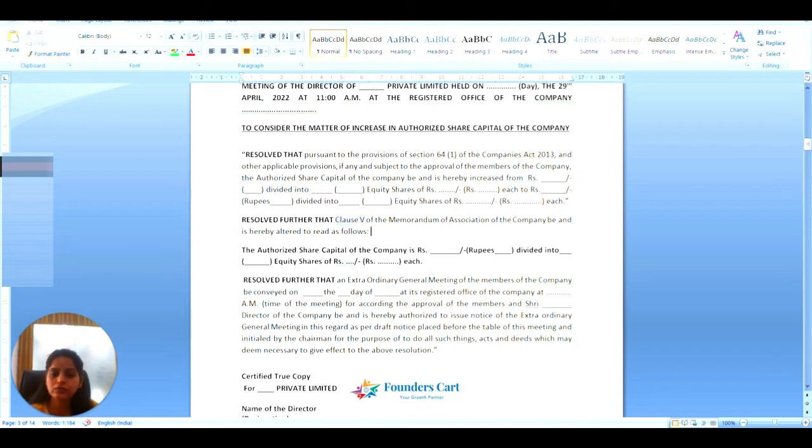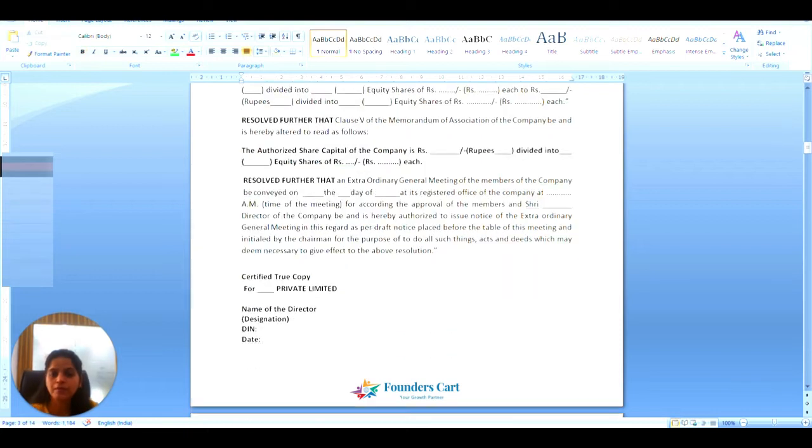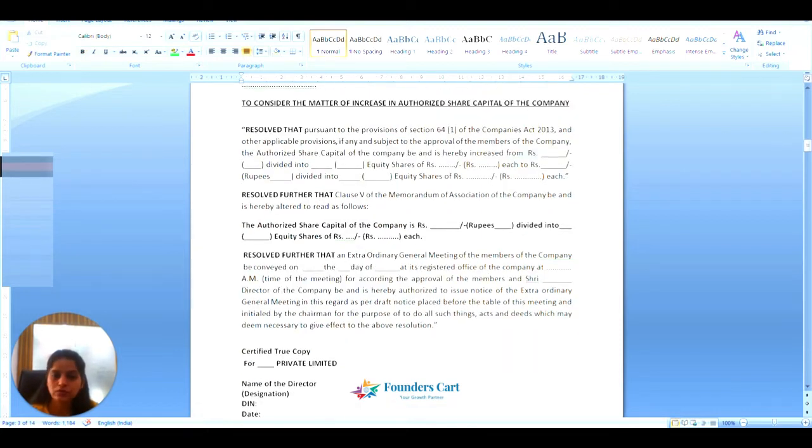So, you have to alter the memorandum of association of the company, and in article 5 you have to mention the authorized share capital of the company is this, divided into this many equity shares, and the total value of the share is rupees whatever, 10 or 100, whatever your company has. Now, you have to pass a resolution accordingly, and also authorize a person for the extraordinary general meeting notice,